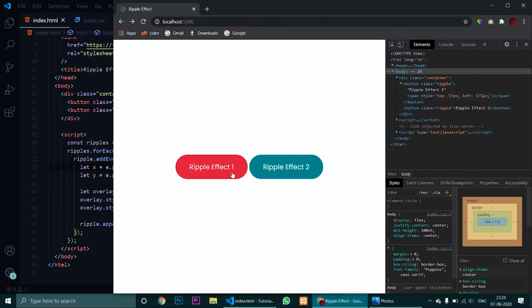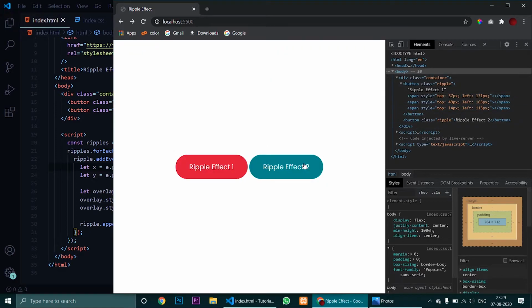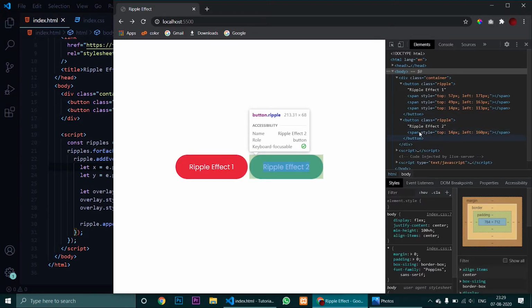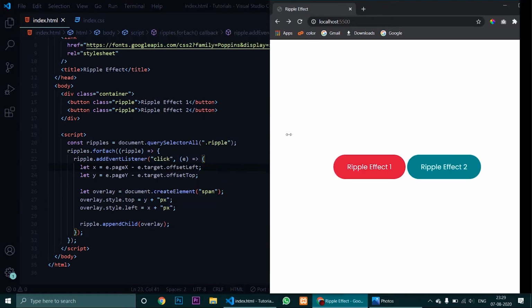If I click again, another span tag gets added, and the top and left position of both the times is different because the cursor position was different at both the times. Now if I click over here, another span tag gets added. If I click over here, the second button gets added with a span tag. So this is how the append child function works.